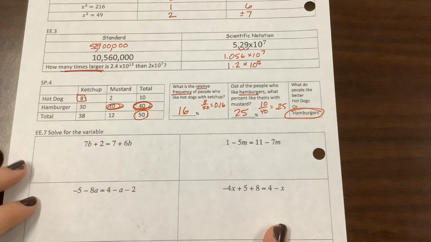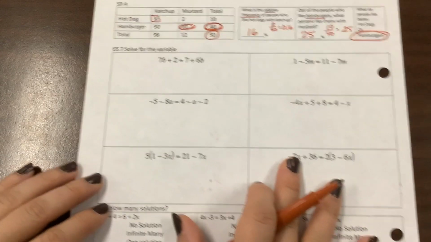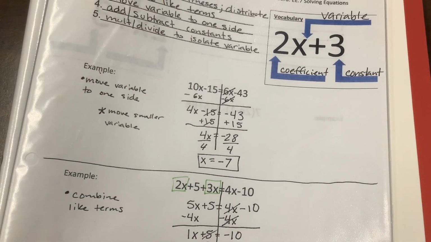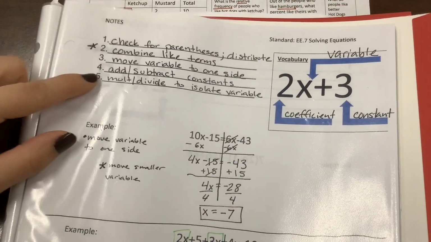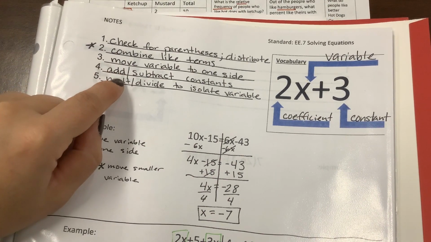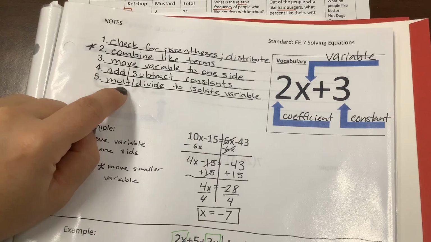All right. This next to last section was a few weeks ago. We worked for several weeks on solving equations. You should still have your notes. Your notes look like this. The rules are still the same. Check for the parentheses, combine like terms, move the variable to one side, then solve by adding and subtracting, multiplying and